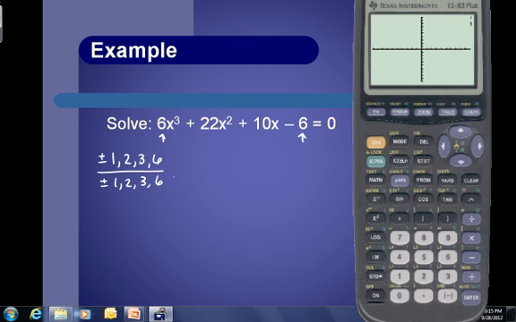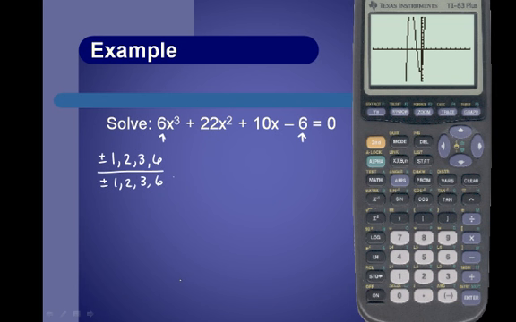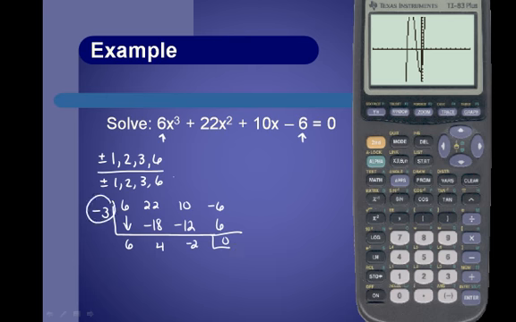And graph that, we see our 3 real solutions. Well, looking at our graph, it looks like negative 3 might be a 0. So if we do synthetic division by negative 3, it shows that the remainder is 0. Therefore, negative 3 is a 0, or is a solution, which would give us 6x squared plus 4x minus 2